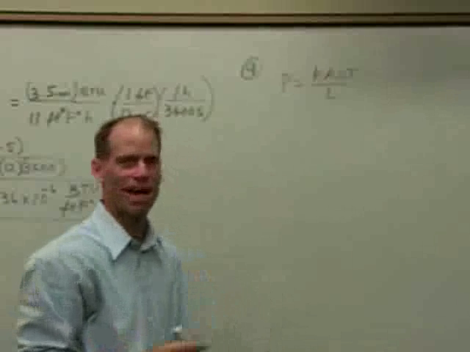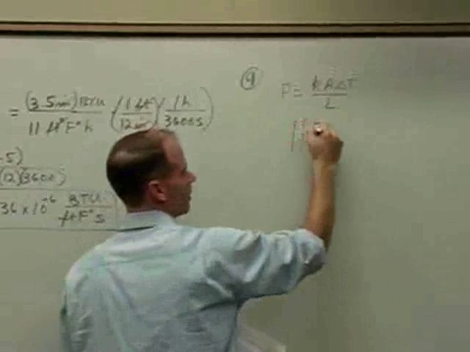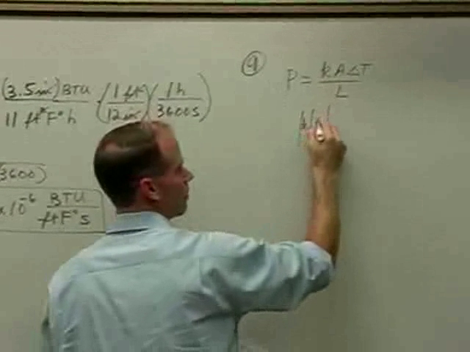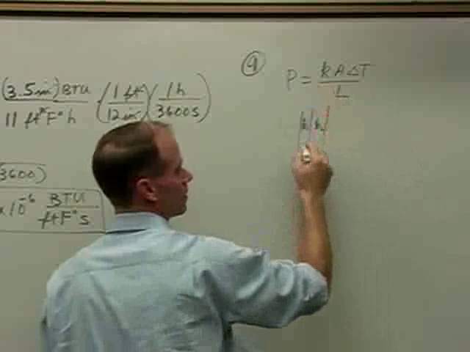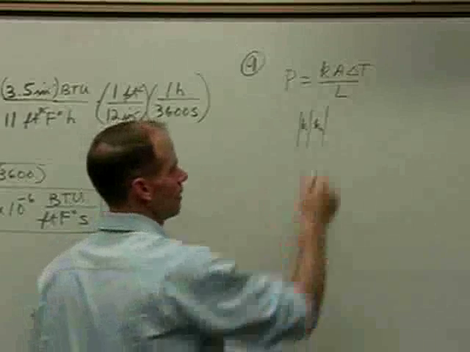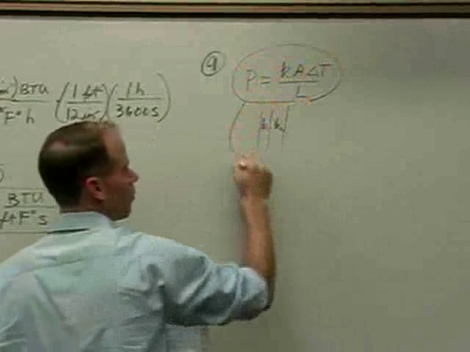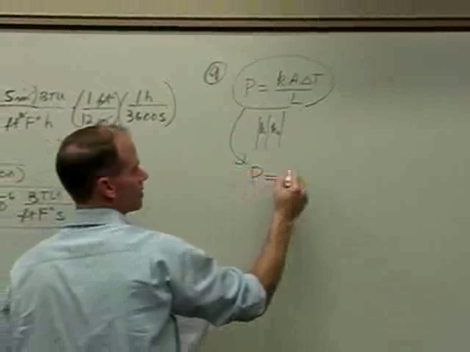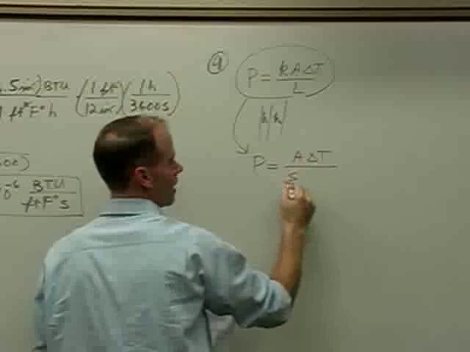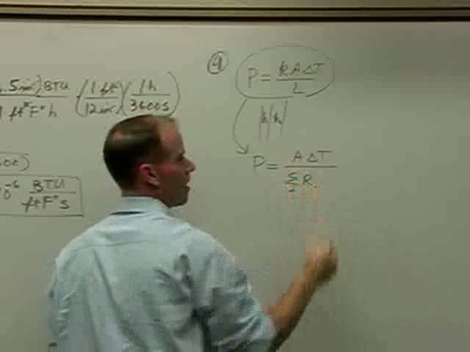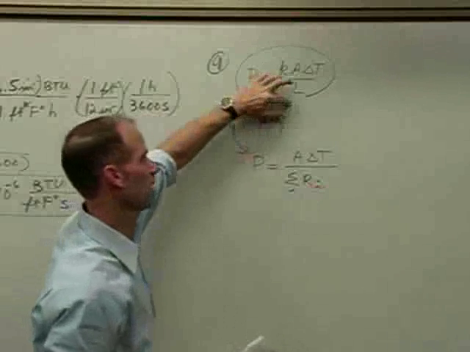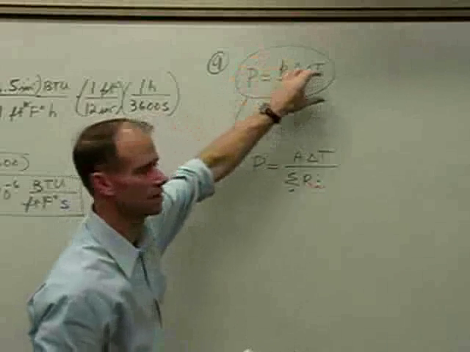But we have more than one slab, so we have to deal with several slabs with different thermal conductivities. And so if we use the R values, which is generally L divided by K, then this transfers in a more general sense to this. Power equals area, change in temperature, over the summation of the R values. In other words, our R value is L over K, so we have the R values in the denominator here,